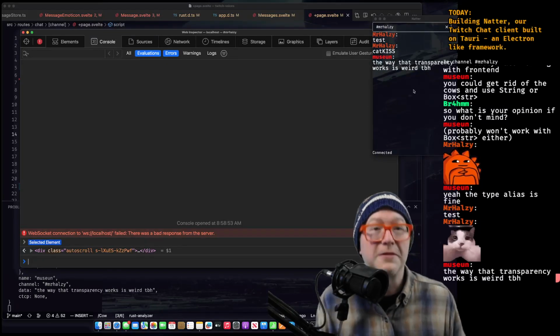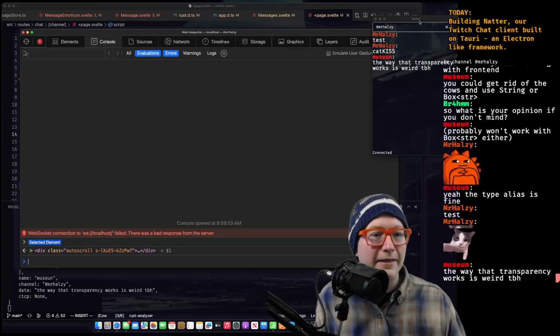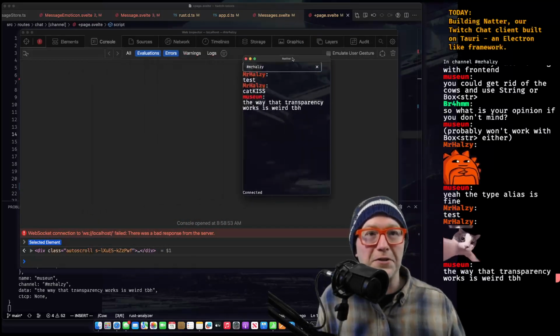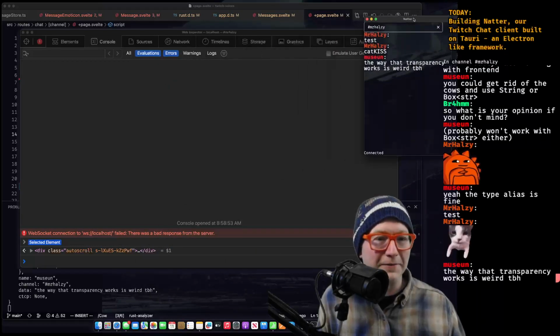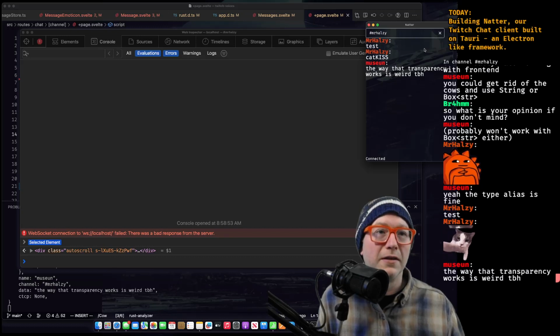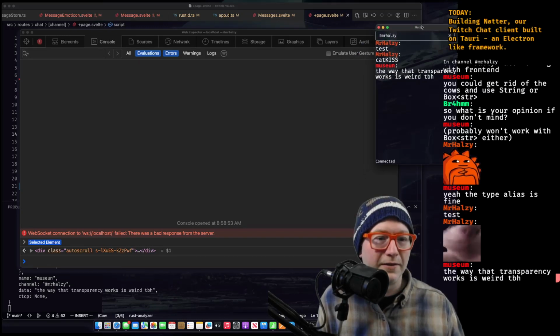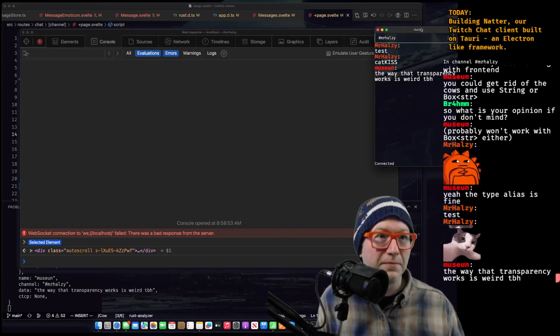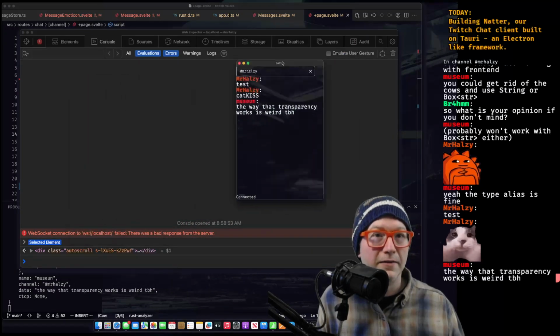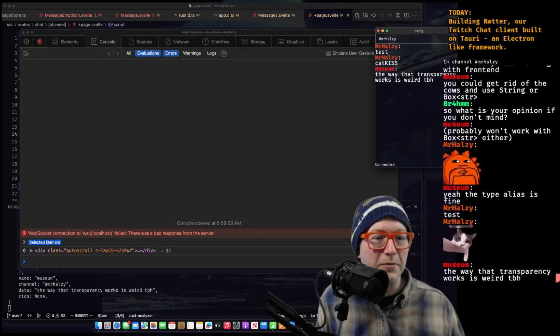The way that transparency works is weird. Yeah, I get that, right? You can kind of see through things. Yeah. And I've thought of changing the background color on this just to fix it. So I don't know. I might mix it up eventually.